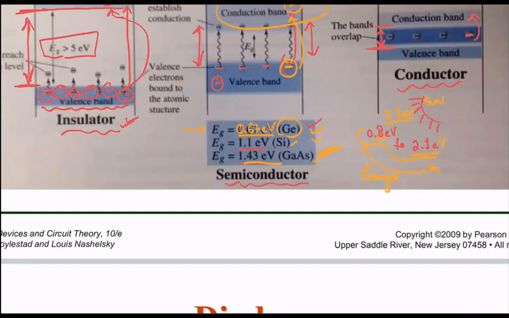And I'll tell you why germanium is not used as a solar cell material. Germanium is not considered a good solar cell material because of its low stability. It's very fragile versus silicon. Silicon is a lot more stable and it's available in abundance on the crust of the earth. Even though it has 1.1 electron volt